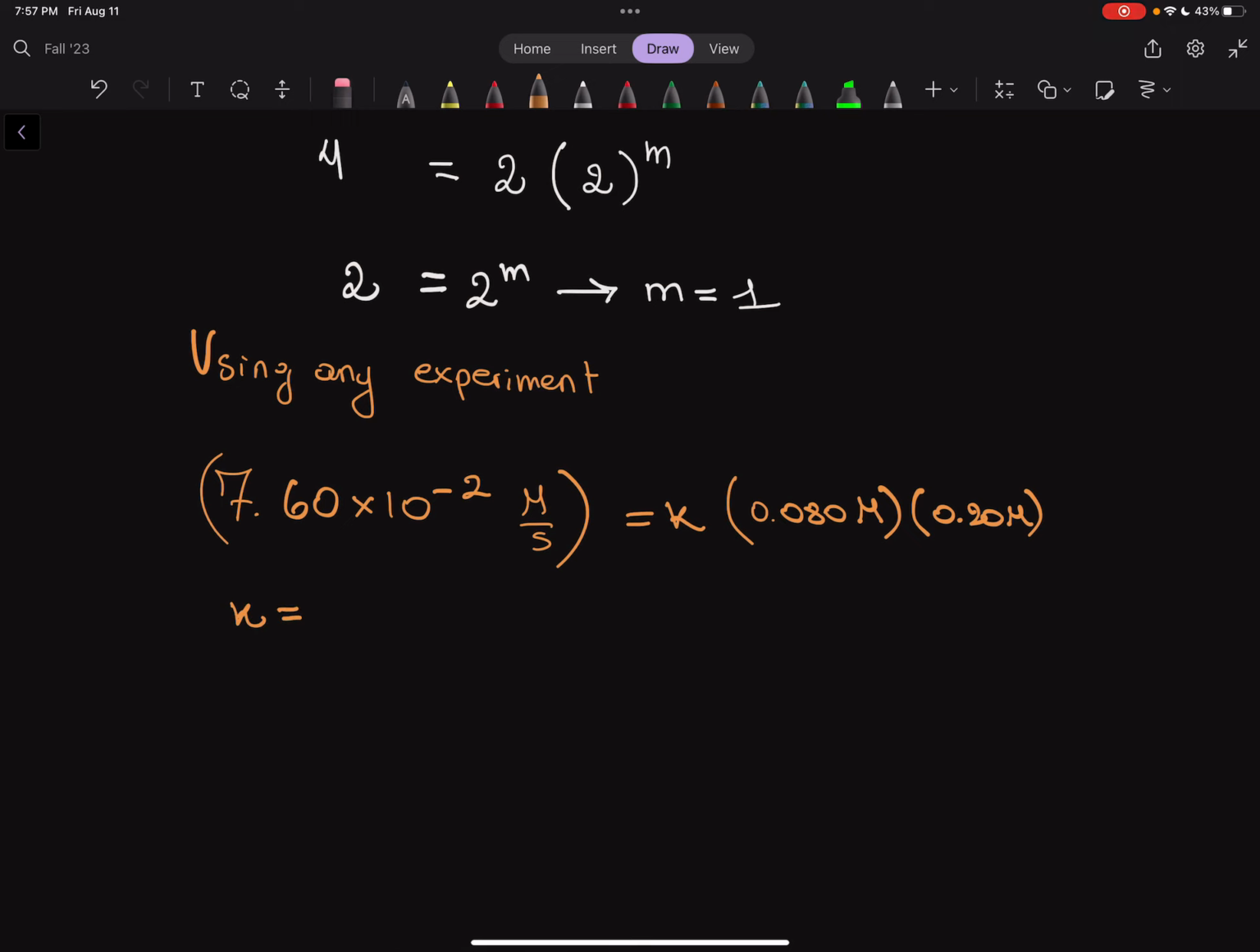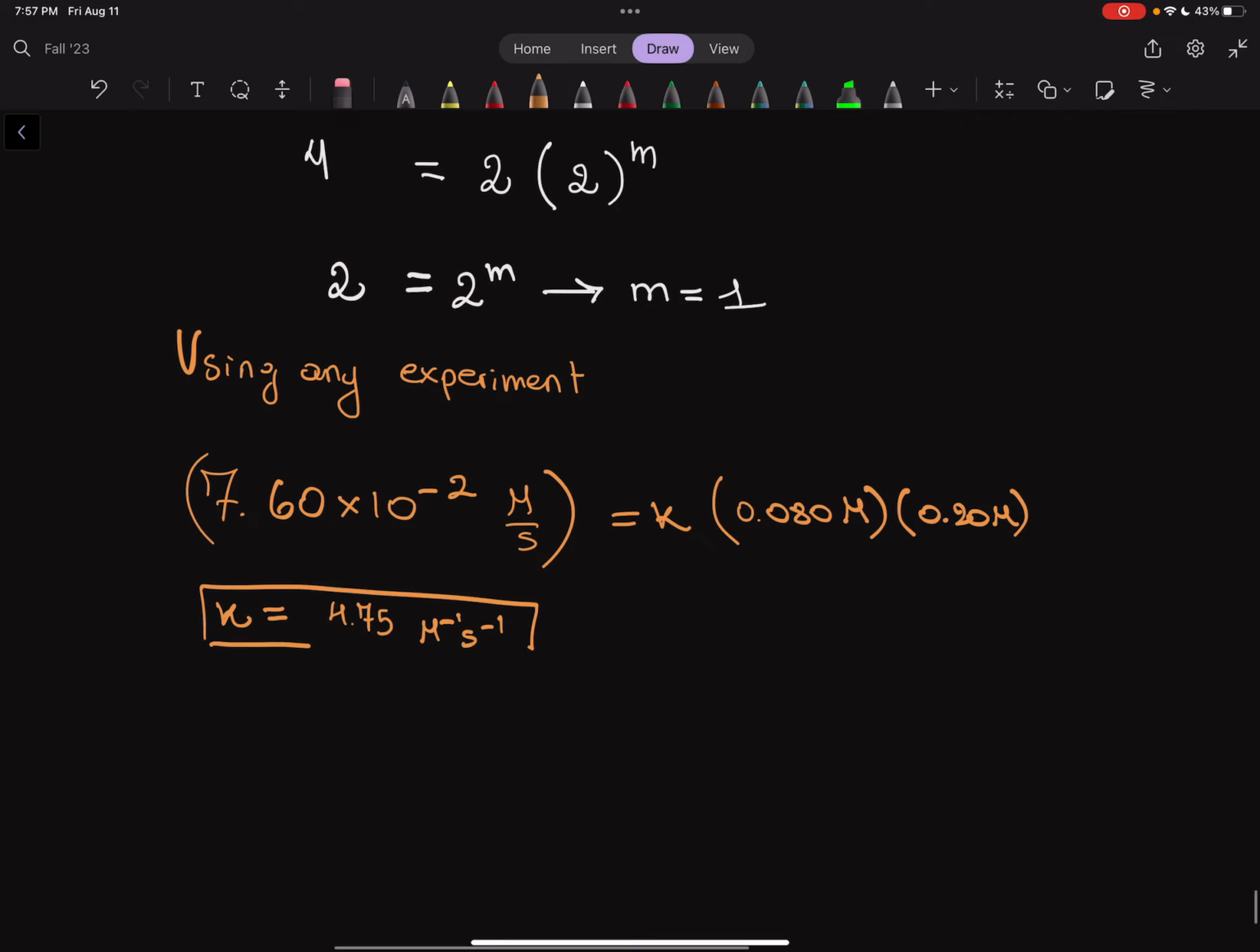So hold on, let's do this right. 7.6 times 10 to the negative 2, all of it divided by 0.08 times 0.2. We get 19 over 4, same thing as 4.75. The units are going to be M to the negative 1, s to the negative 1. And so this is going to be the answer for the